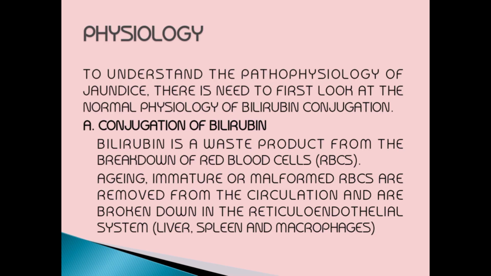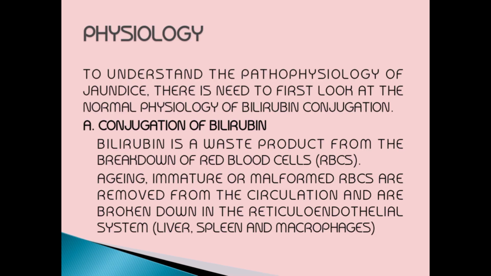So aging, immature or malformed RBCs are removed from the circulation and then broken down in the reticuloendothelial system. You need to understand that the immature red blood cells, the aging red blood cells, and the malformed red blood cells, such as the sickled ones present in sickle cell disease,